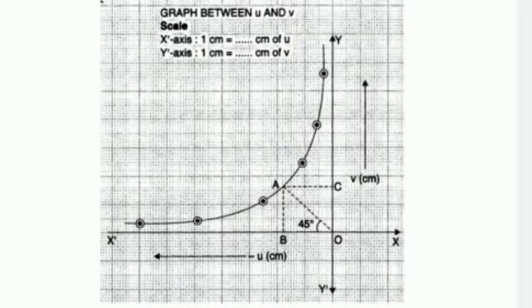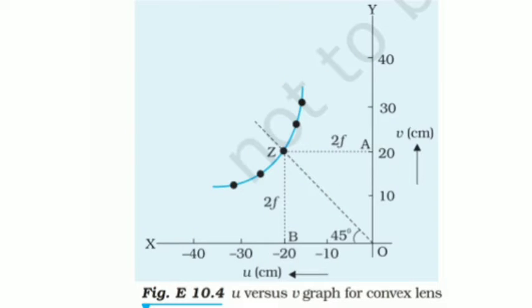Now, a graph between the object distance and the image distance is drawn, that is the UV graph. Here, according to sign convention, v is positive and u is negative. So, u is marked on the negative x-axis and v on the positive y-axis. A model of the graph is given here. Now, at an angle of 45 degrees, mark a line and join it to the curve, and from that point on the curve draw a perpendicular to the y-axis and x-axis. One example of a UV graph is drawn here.